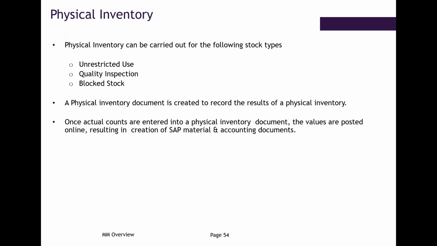So they create a physical inventory document. Then the warehouse user will go to that particular storage location where the materials are lying. He will count the stock physically, enter it into SAP, and compare it with the SAP stock showing in the system. If both are tallying, then it is okay. If there is a mismatch, mostly the physical stock should be the correct one, so he will adjust the SAP stock accordingly. This happens in the physical inventory process.